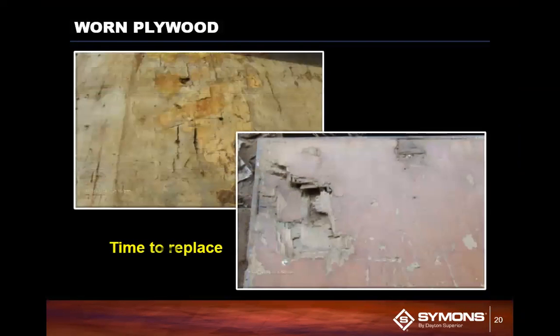Now, plywood surface. When you get a plywood surface that's actually delaminating, then punched holes through, torn, etc. We've all seen these on a lot of the forms that we have out when they come back from job sites. And yes, we do have to take care of these. These forms here typically, it's time to replace, to reply them. So to reply,